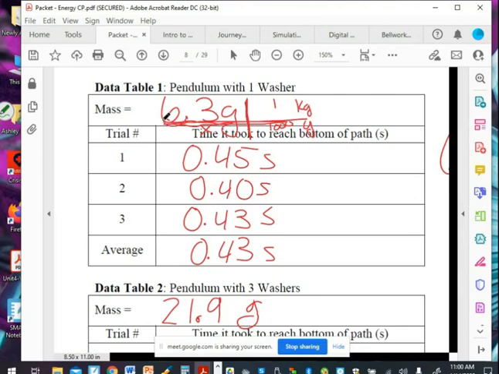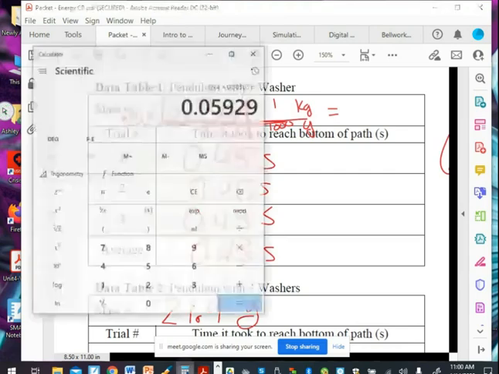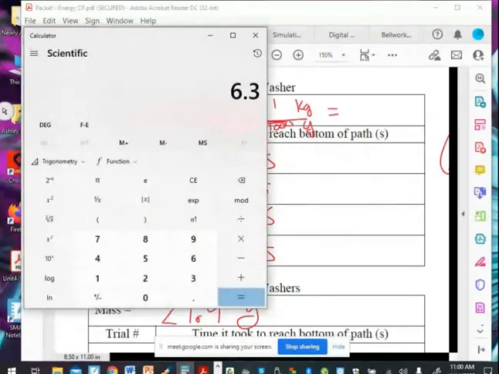Okay, so 1, 2, 3, and then you just fill this in with zeros. So either way, if you actually do the division or if you just move decimal places, again, 6.3 divided by 1,000 gives me this. Oh, I did 100. Sorry, excuse me. 6.3 divided by 1,000